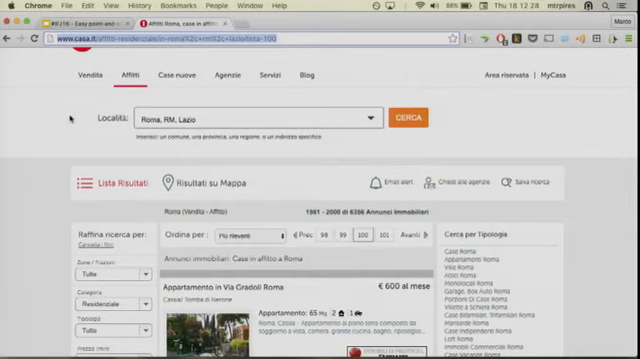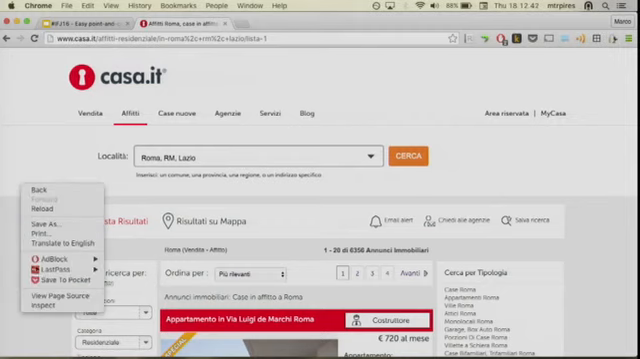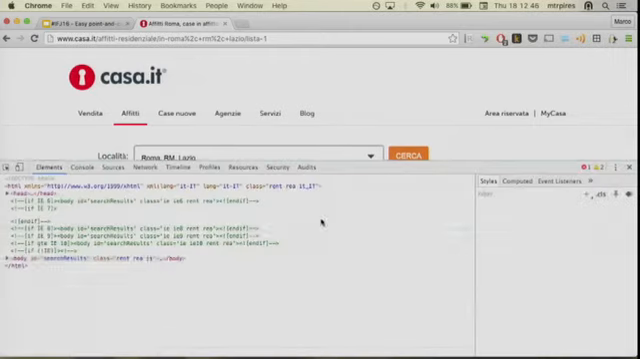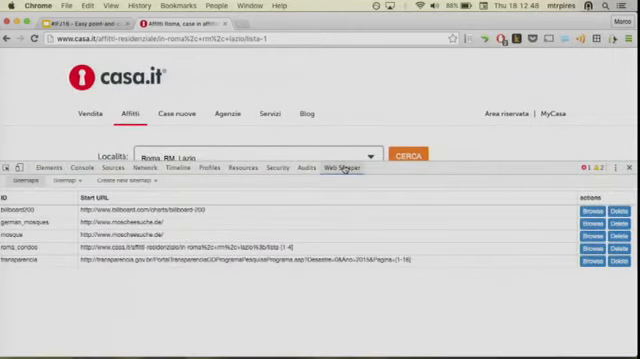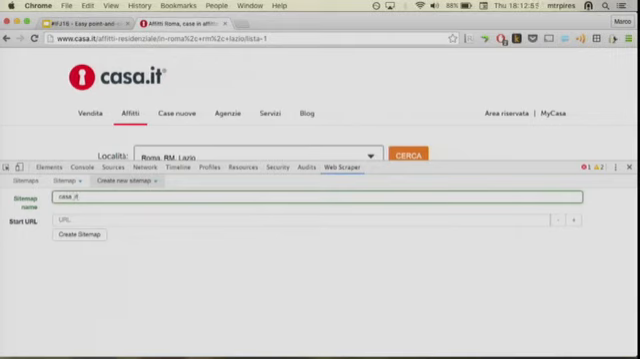What I want you to do is to go back to the first page. So just type 1 here at the top. Cool. So we are back at page 1. Open up the web scraper. Right-click anywhere, inspect, and then we're back to the web scraper. Let's create a sitemap called Casa It. And our starting URL